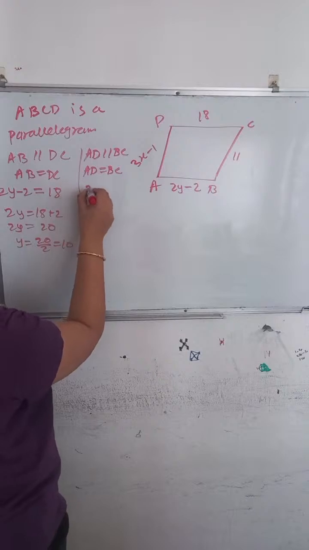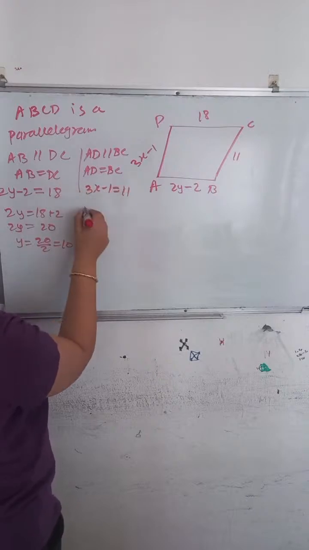Here AD we have 3x minus 1 and this is 11. So